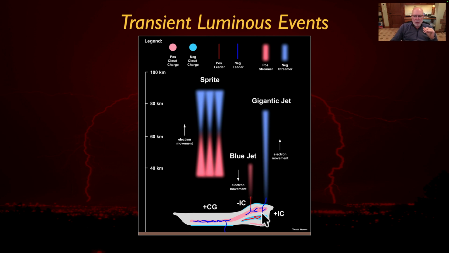But if you have the positive leader end traveling through the negative charge region, and the negative leader into the positive charge region, and it exits and continues up, it can actually continue up as what we call a gigantic